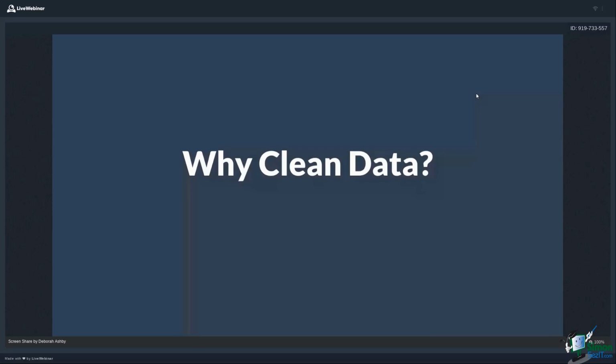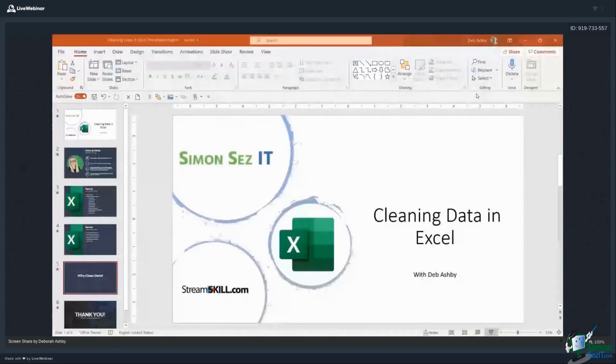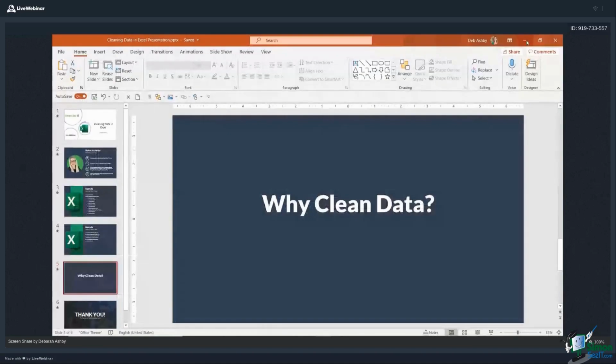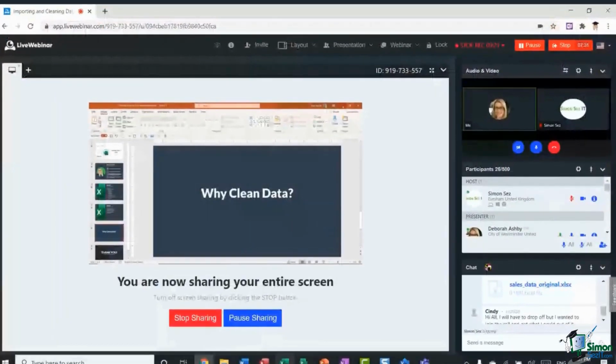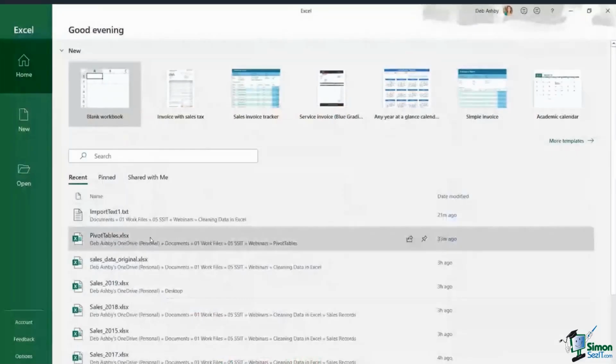So that's what I really want to start out by showing you, all of the different tools and techniques that you can apply to tidy up any data set. Now, before we do that, I just want to show you a very quick example as to why this is important. So we're going to start out with, I'm going to open